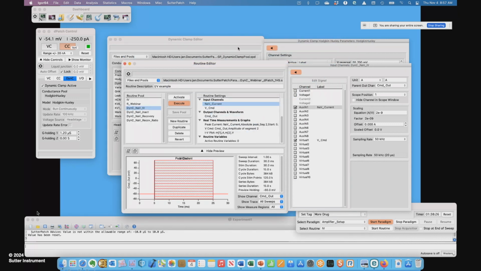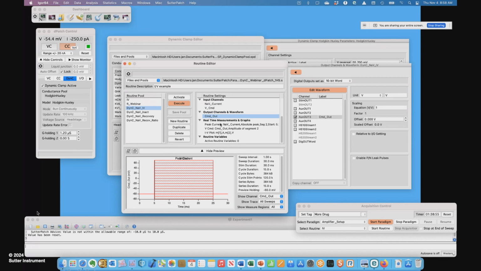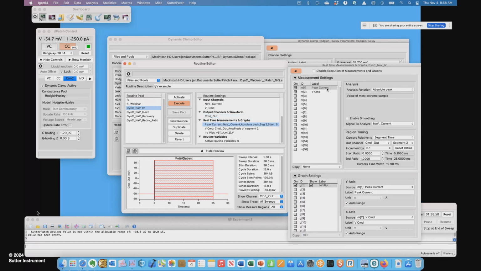I also need to derive my voltage signal from auxiliary out 3. And then I also have a virtual signal where I have the stimulus, that's the representative of my stimulus signal here. Then for the output signal, that is my voltage steps here. And for the measurements, I'm measuring the peak current, the absolute peak during the step, and I'm plotting that versus the command. And that gives us,